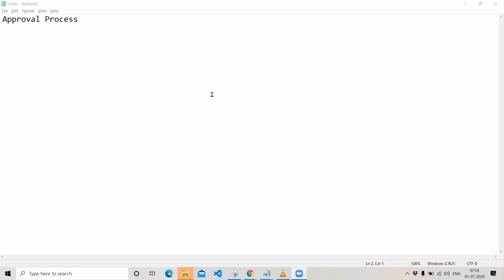If the person above your level approves your record, then automatically the action will be performed and the status will be changed from submitted to approved. There is no need for the clerk to check again whether the manager has approved my record or not. The action will automatically be performed if the manager accepts the record. So this is how the automation actions called approval process will work in your organization.